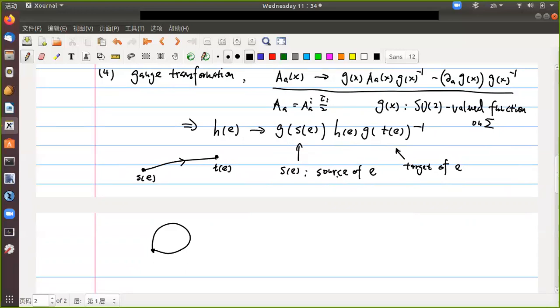But suppose we go beyond our framework and consider a closed loop. It is our curve e, and then you consider the holonomy H of e, and you can see that the target of e equals the source of e, and let's call this